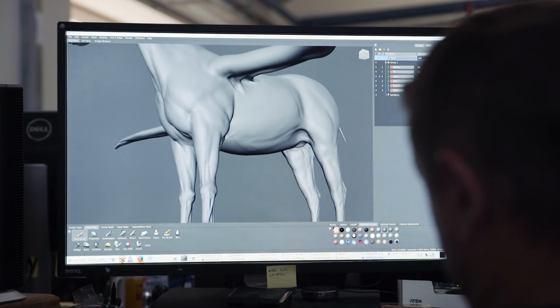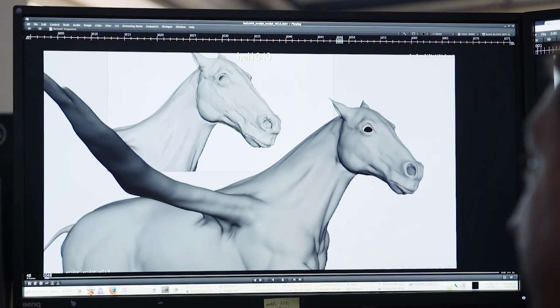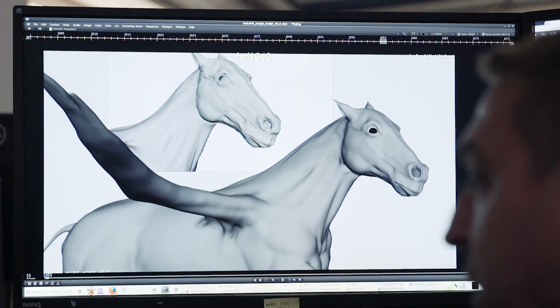So anyway, we'll get a rig into the horse and we'll deliver it to animation. Usually they'll give us some feedback and tell us they don't like it, or there are parts that they do like. And that will then go off into animation or layout or tracking for placement on screen and animation and performance. And that's usually the bare bones,